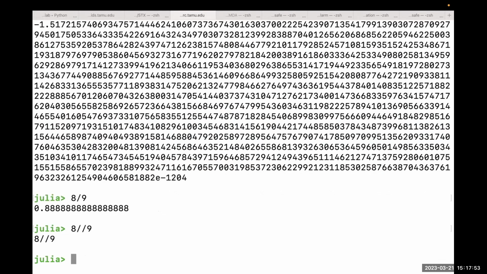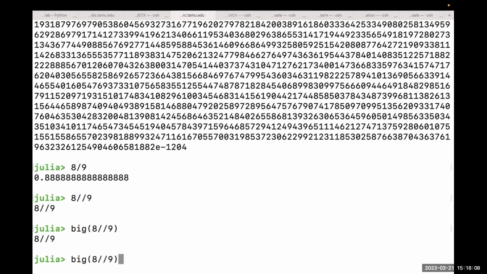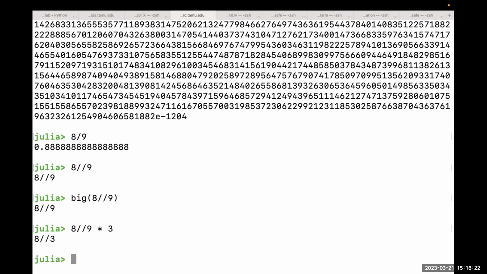What if I do this? It will give you this fraction, which before you evaluate is exactly H divided by 9. It didn't do any calculation until you want to calculate it. If you want to do BigFloat with this, it doesn't convert it, because the fraction itself actually carries a higher accuracy when you do the calculations. So this one, if you times 3, you can see it gives you a fraction, a rational number, which is also highly accurate. If you times this by 9,